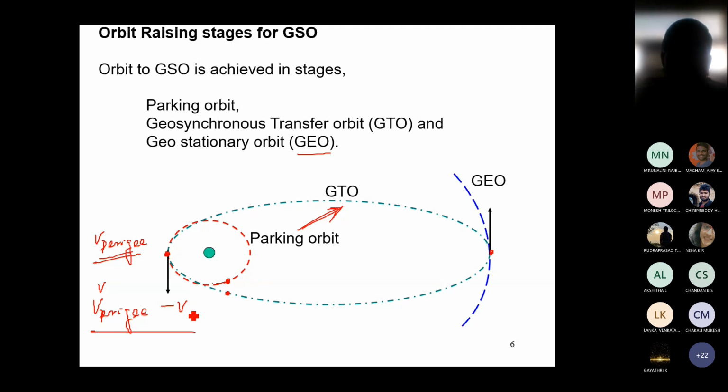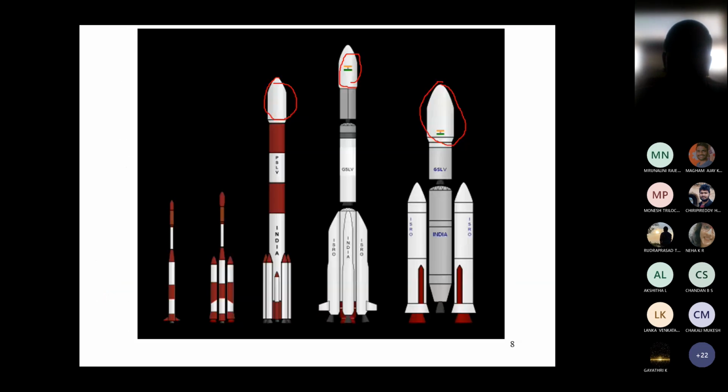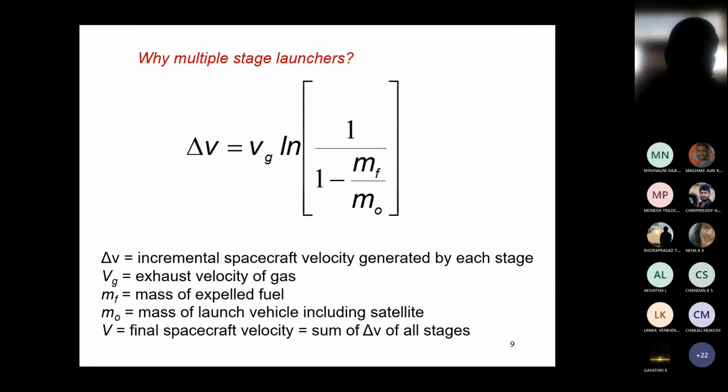Okay, understood that. So come to this thing again. This del v, this incremental velocity, when we calculate it, is nothing but the difference between the velocity at perigee and the velocity in the parking orbit. Now, one more thing is that